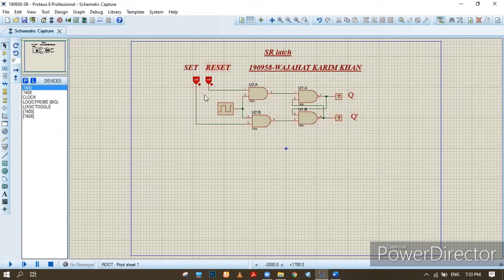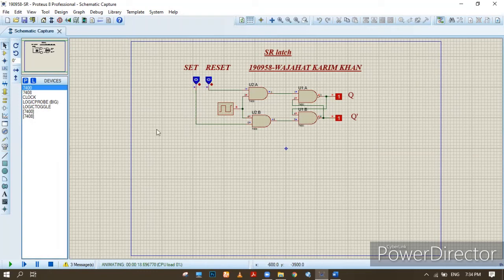So I will give four combinations of inputs. So we'll simulate the circuit here, and here we go. 0 0, 0 1, then 1 0, and then we have 1 1. So here due to clock it will blink. So this is our SR latch, and now we'll move on to our final circuit of today, which is master